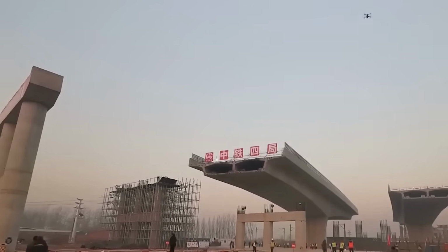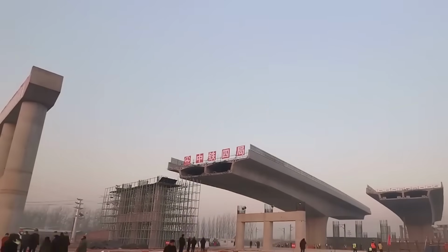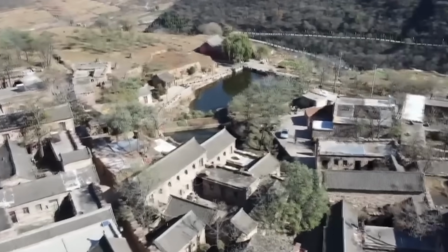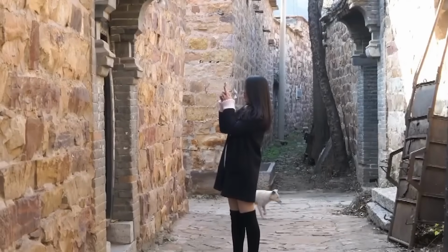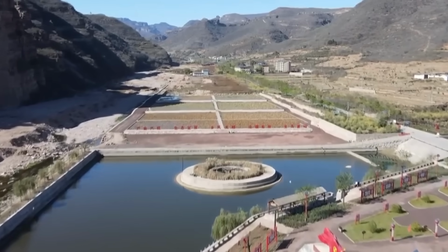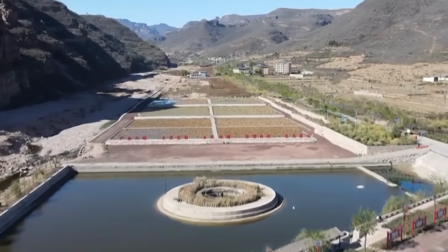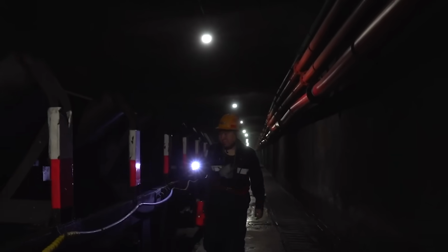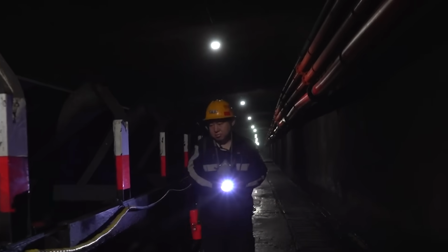The capital alone is home to around 22 million people, and when considering the Hebei province, which surrounds Beijing, the population rises to about 75 million. All these millions of people need power. Where does it come from? As unfortunate as it sounds, the bulk of it still comes from burning coal. This process accounts for about 40% of energy production in Beijing and is also the primary source of nitrogen and